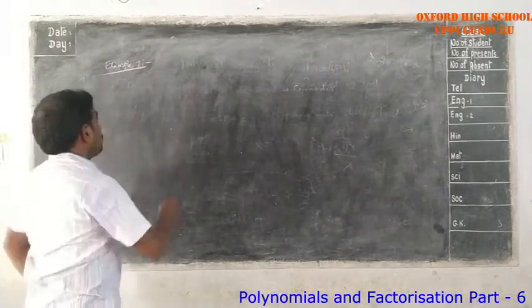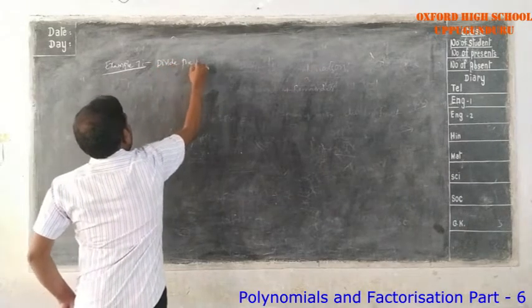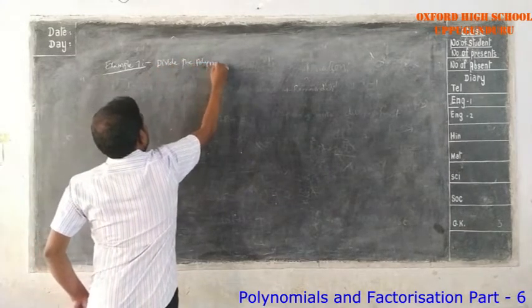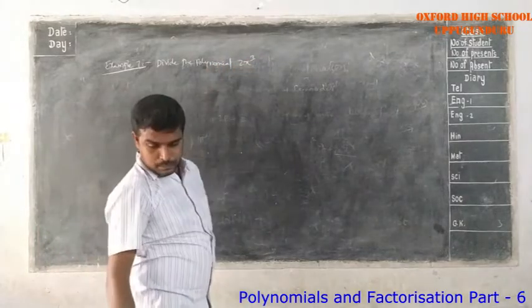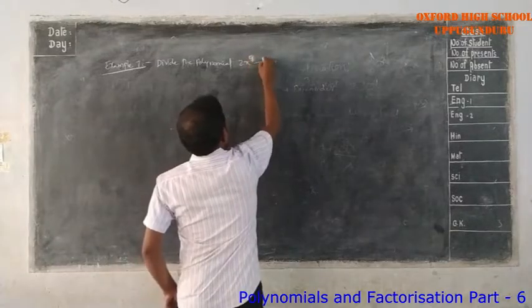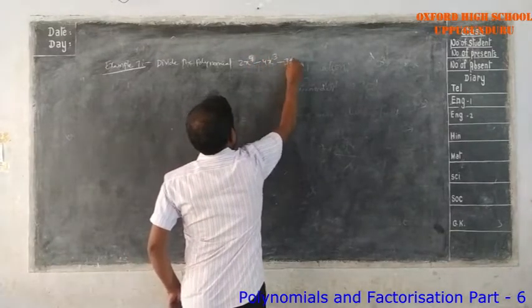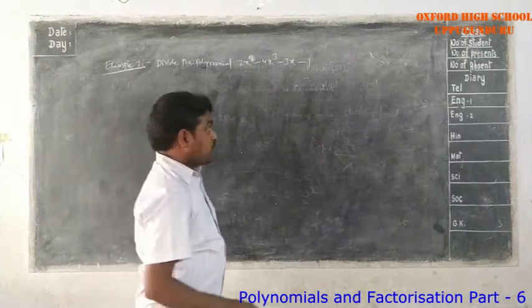Divide the polynomial 2x^4 minus 4x^3 minus 3x minus 1 by x minus 1